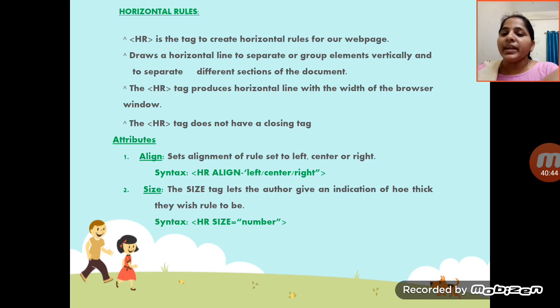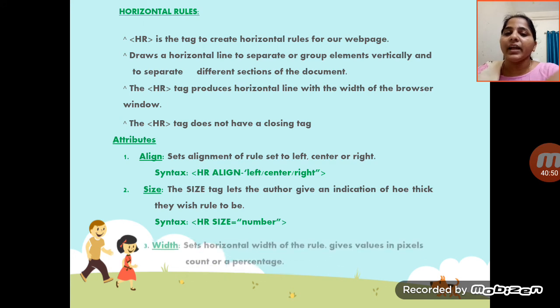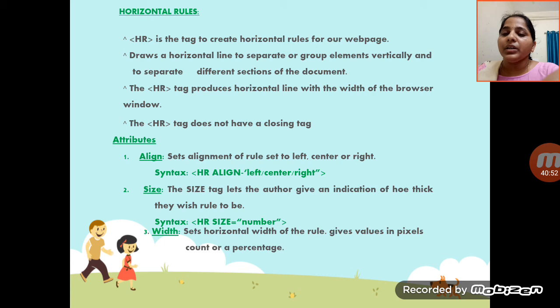Size gives the thickness of the rule, so for HR size you take a number. Width is the horizontal width of the rule, which takes values in pixels or as a percentage. This is about horizontal rules.